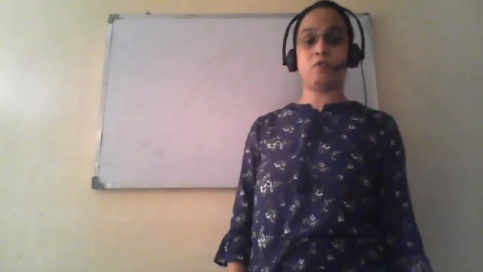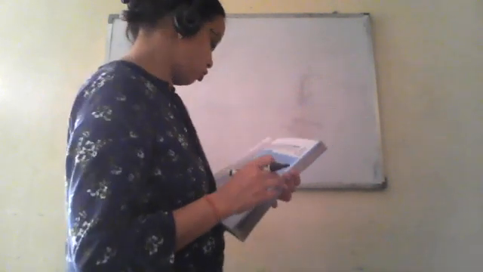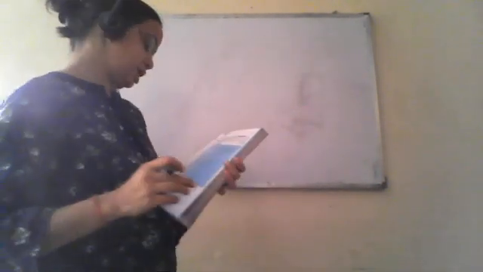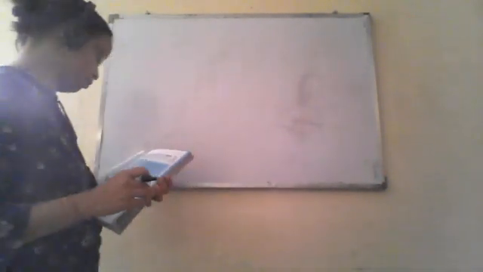Hello everyone. In the last video we saw what a bar graph, a pictograph, and a double bar graph are. Now we will try some examples. It is on page number 71. We are discussing the Try This portion given in the book. Draw an appropriate graph to represent the following given information.